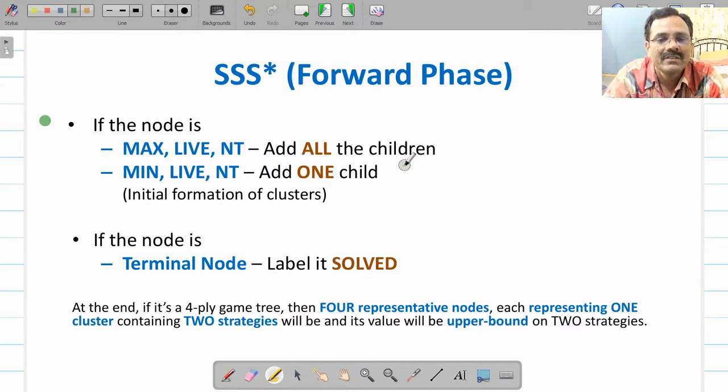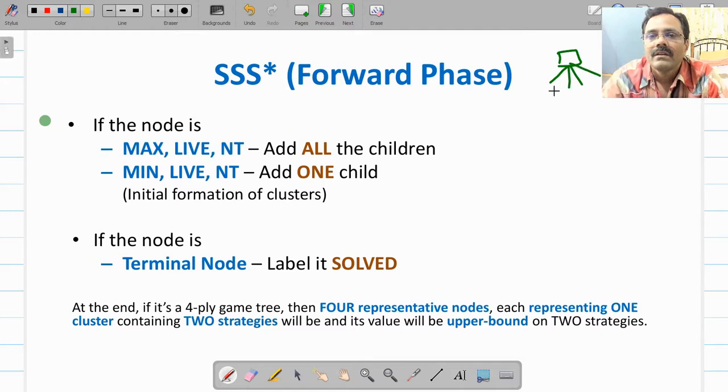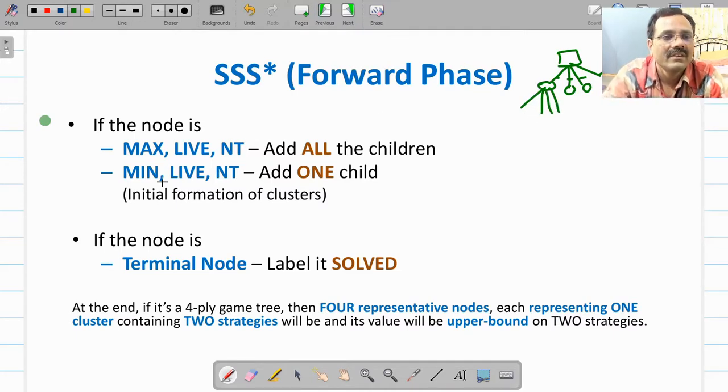So if it's a max node, and if it is live, that is unsolved, and if it is non-terminal, so you add all. So as we have seen in max, to find out minimum number of leaves which will cover all possible strategies, you select all children of this max and one among this for mean. So same thing we are doing out here. For mean, if the node is mean and if it is live and if it is non-terminal, then add only one child.